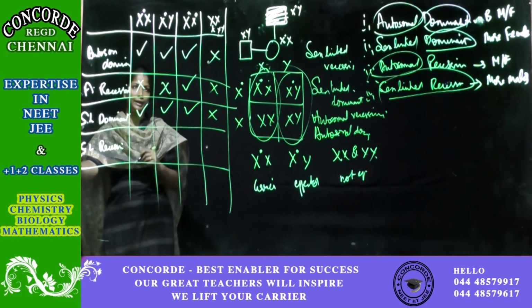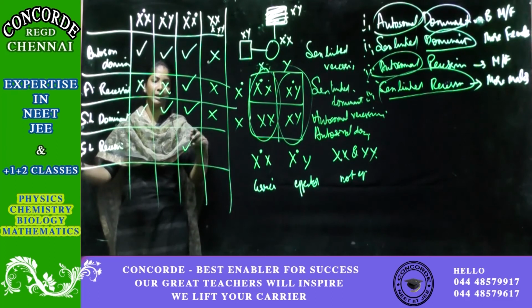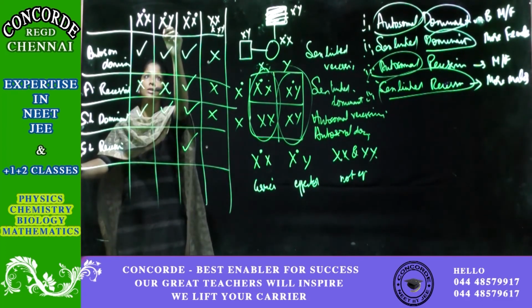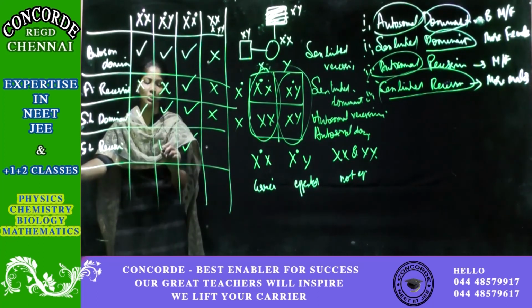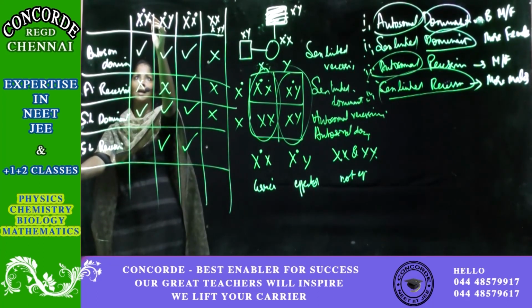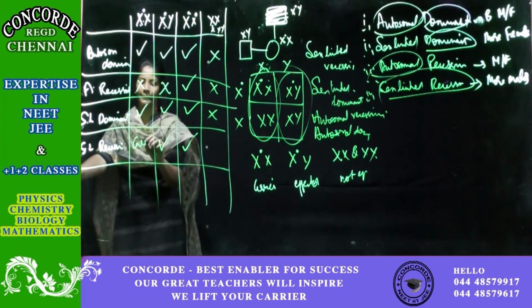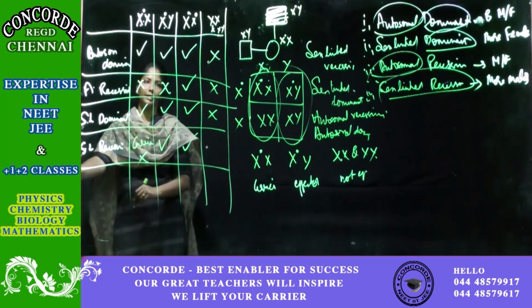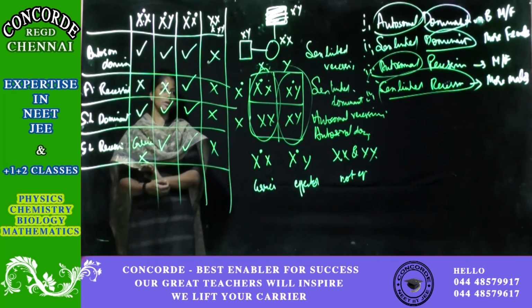Sex-linked recessive. Here, I have to check. Two copies, definitely affected, recessive. It's only one copy here, but sex-linked. Only one X chromosome is there, so this person is affected. Here, sex-linked recessive, one copy is there, one more X is there to save. So she is a carrier and not affected. Clear? And here it is not affected. So this is how we have to sort out.